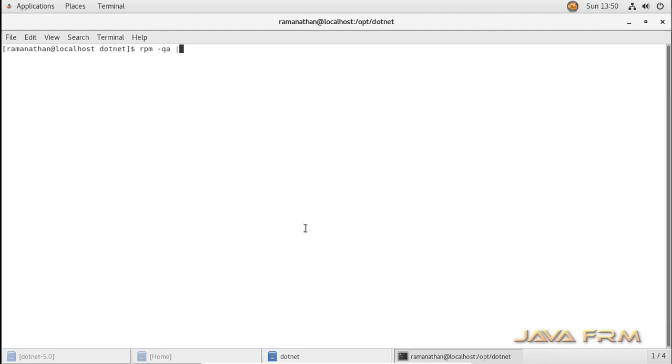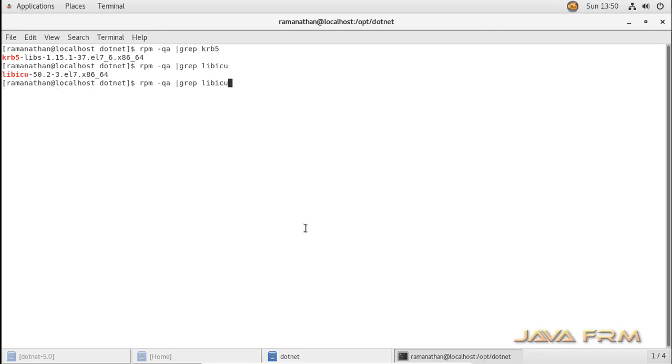So before install, we need to check that some dependencies are pre-installed. So I am querying the RPM database whether these dependencies are installed or not. So among that, krb5-libs, libicu, OpenSSL, and zlib.